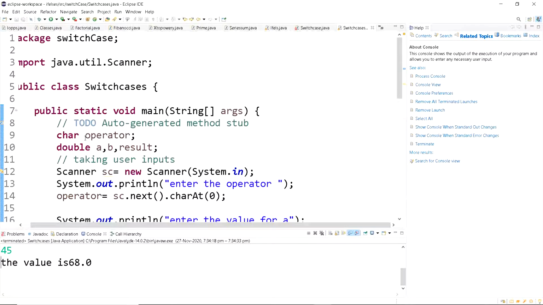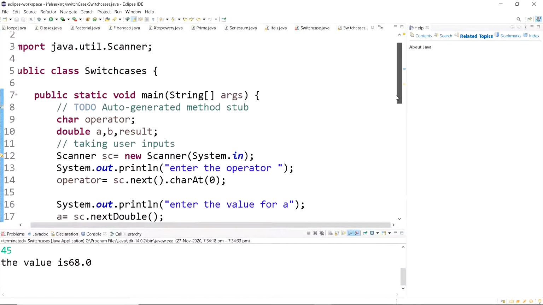So let's see how this works. First, we have created a variable called operator, and we've created three double variables which are A, B and result. A and B are for the user input, and the result prints out whatever operator we use it for. Now we'll take the user inputs here.